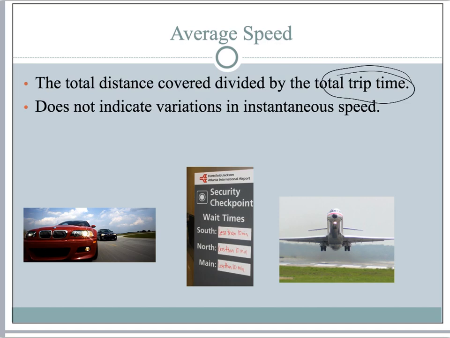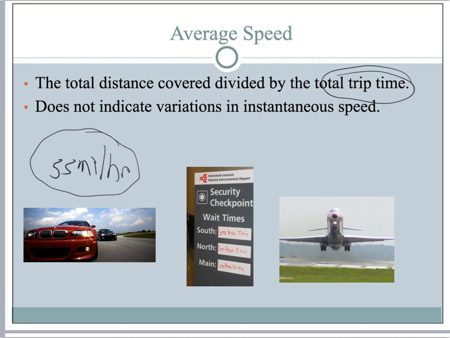If at one point on the road trip you're going 55 miles per hour, that does not mean every second of the trip you were traveling at 55. It means an overall value. It's an average value for the speeds that you were going throughout the trip. You may have been going 5 miles per hour at one point. You may have been going 75 miles per hour at another point. So your instantaneous speeds could be changing.